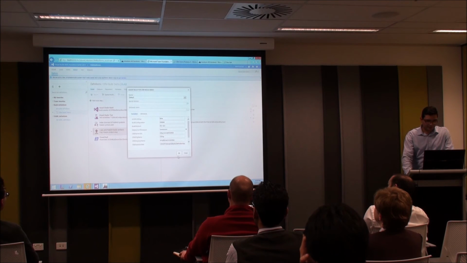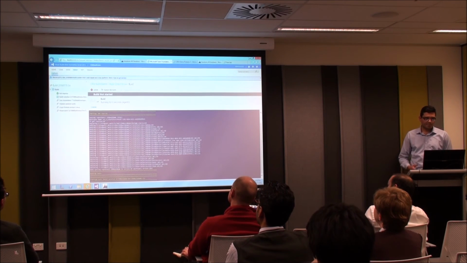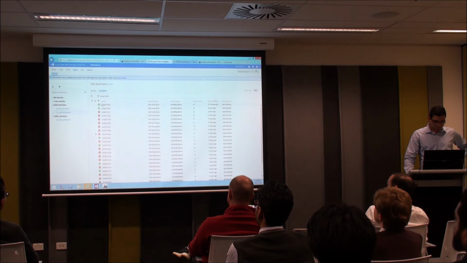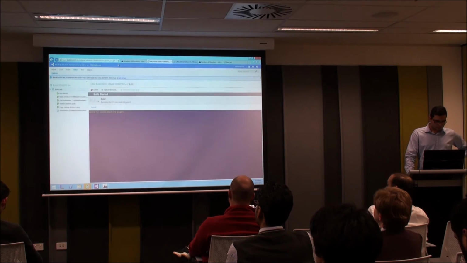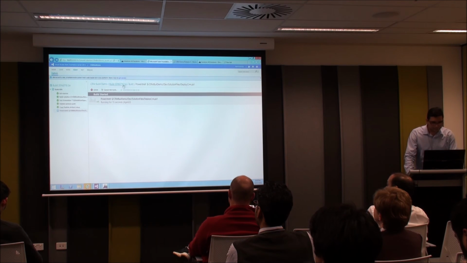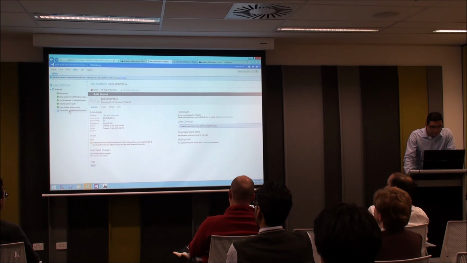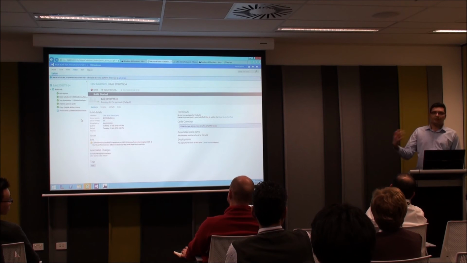If I kick in the build, it takes a bit of time because what it's doing is getting the CRM solution from the drop folder and basically importing it.